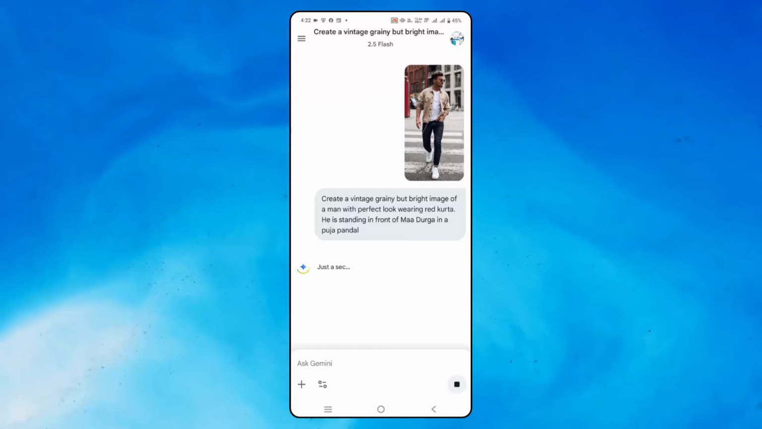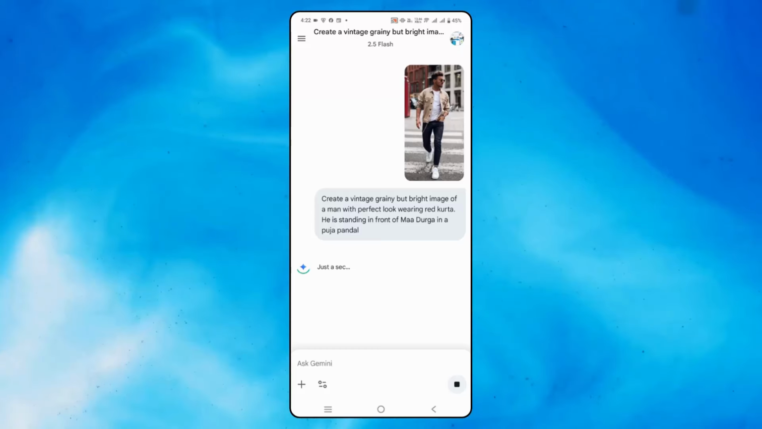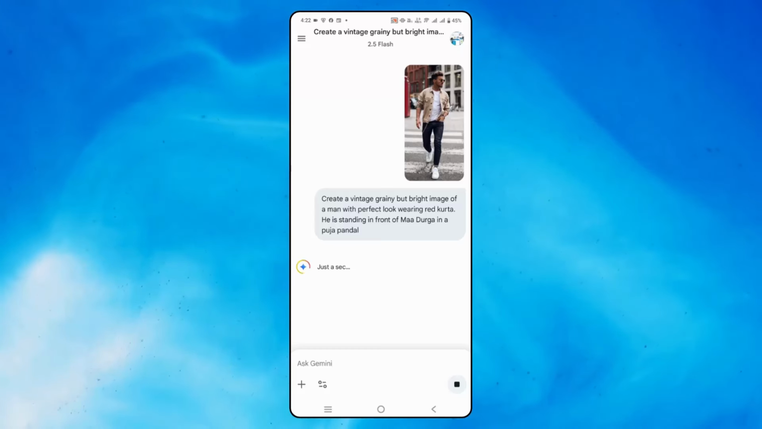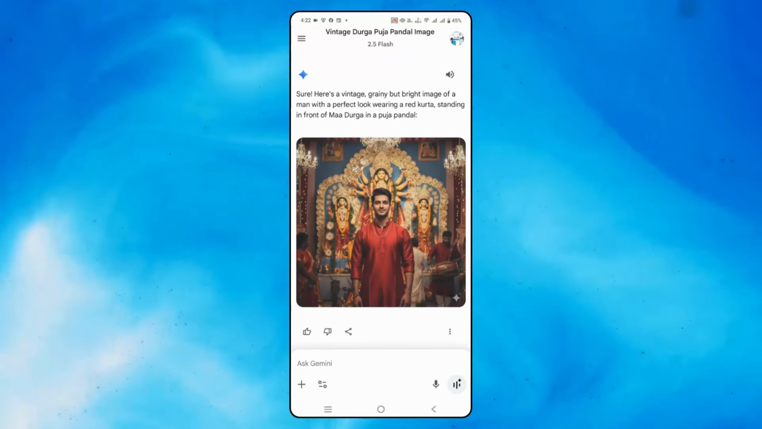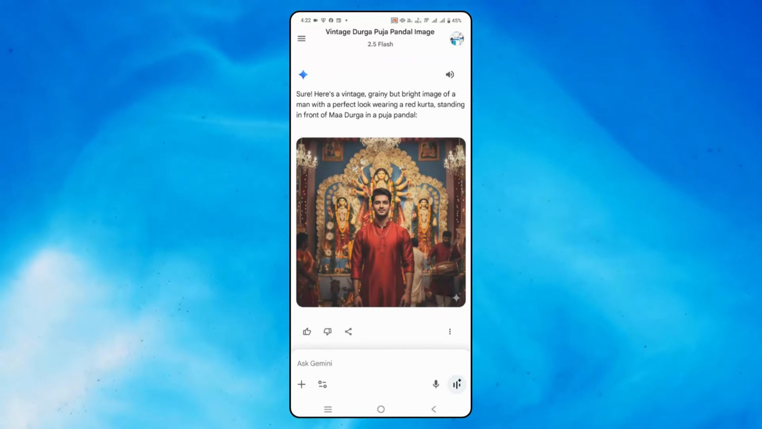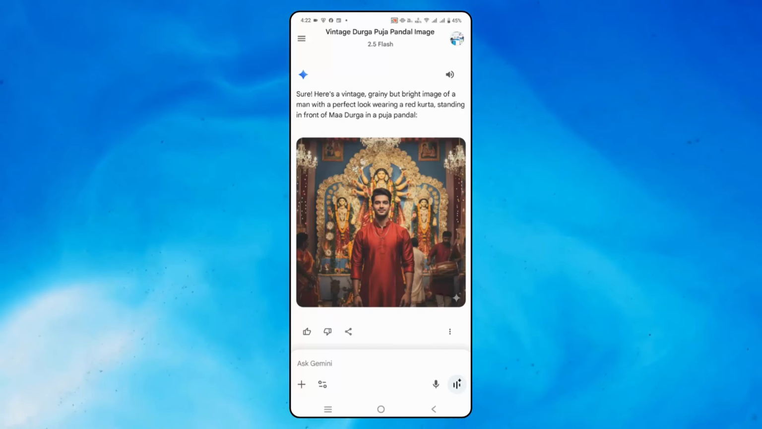And this will create the image that you want. You just need to wait for a few seconds. And here you can see the image has been created, whatever prompt I have provided. This is for the boy or a man. You can also give another prompt for a